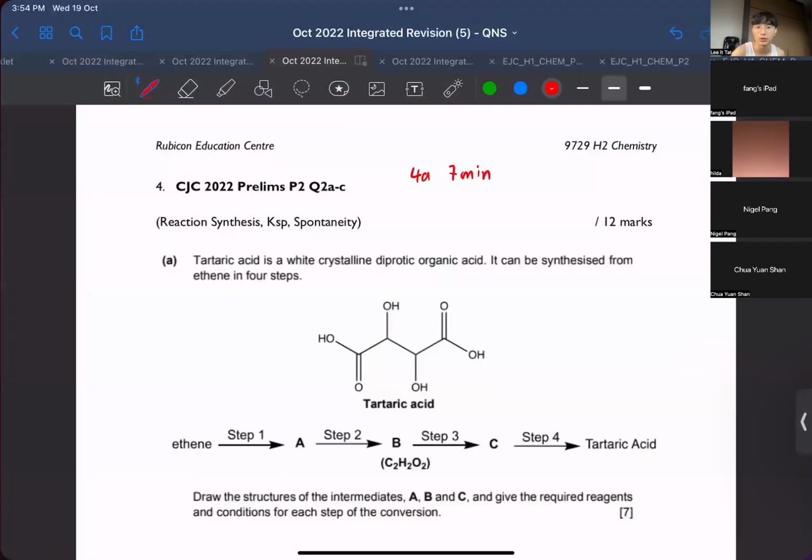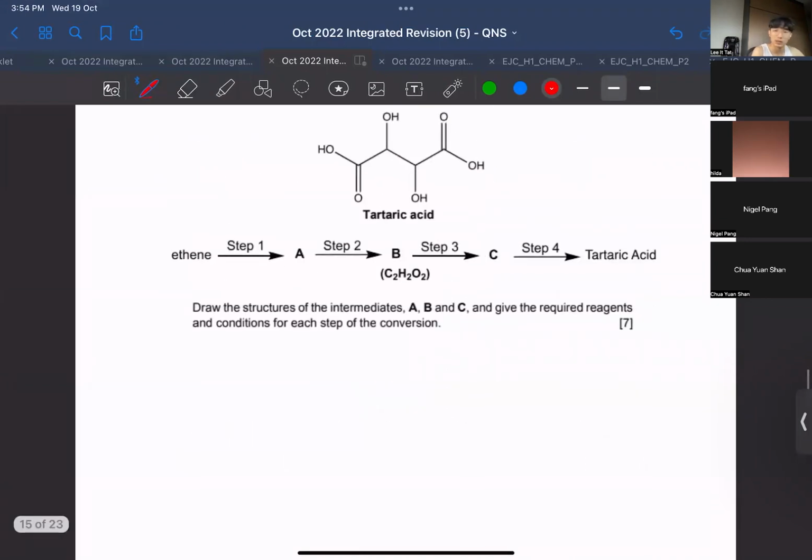Come, let's go over this synthesis. It's quite a huge one, 7 marks and quite a bit of steps. We start off as a very simple molecule, but it somehow becomes this very large molecule at the top. But the main thing to identify first is